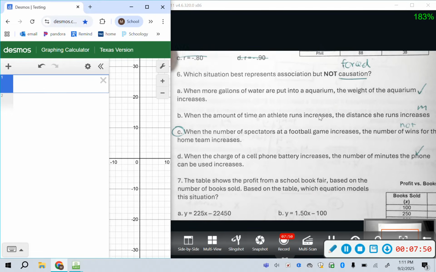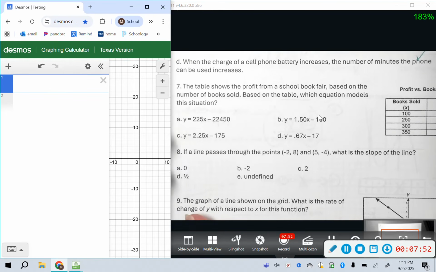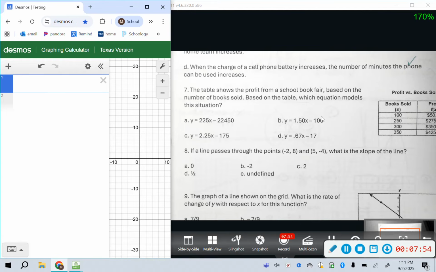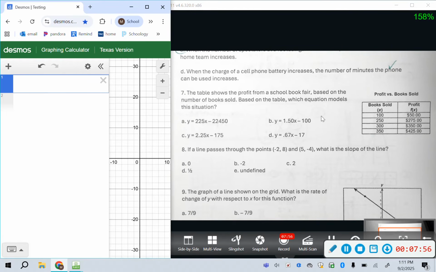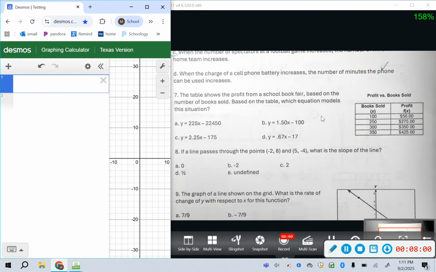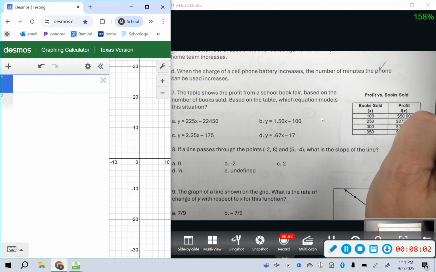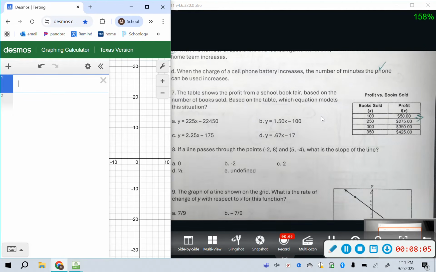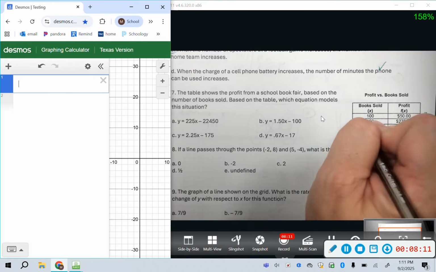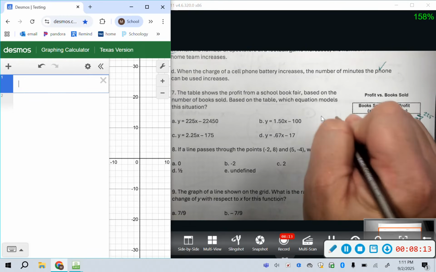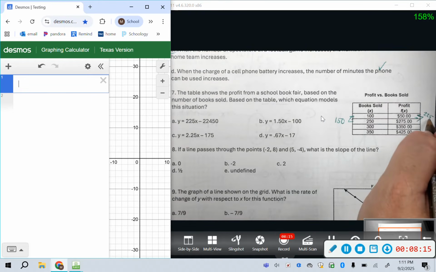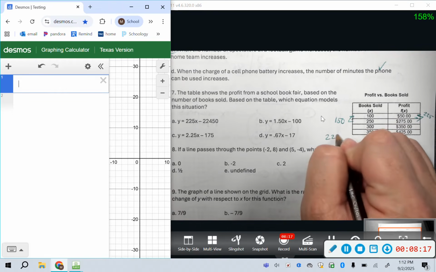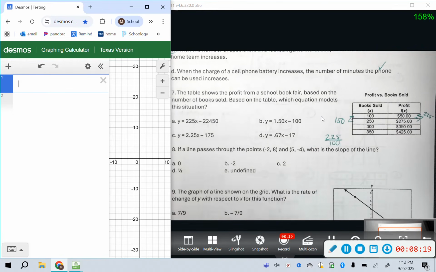Okay, looking at number 7. It says the table shows the profit from a school book fair based on the number of books sold. Based on the table, which equation models the situation? So again, we can find slope. So remember bottom minus top. So if I do 275 minus 50, that leaves me to 225. And then 250 minus 100 leaves me with 150. And remember, change in y over change in x. 225 over 100